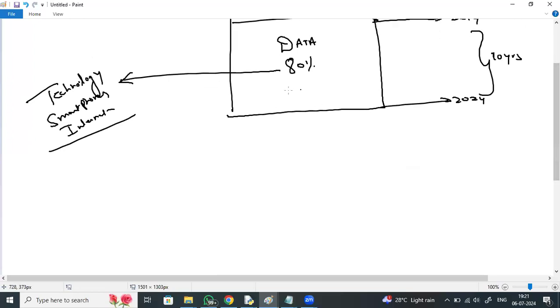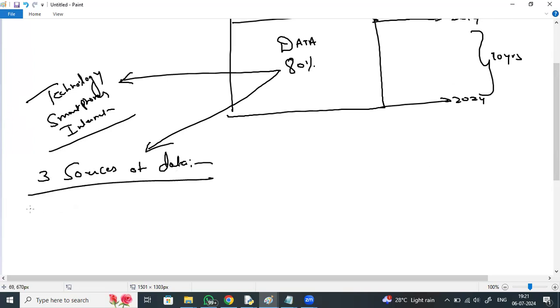So what are the main sources from where this data is getting generated? Mainly three sources of data: social data, machine data, and transactional data.